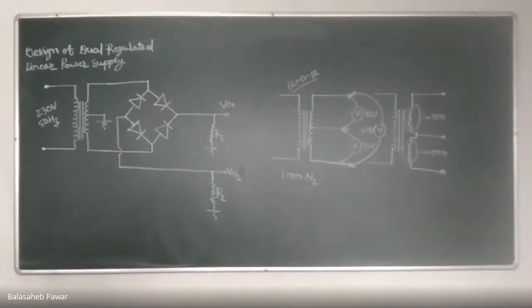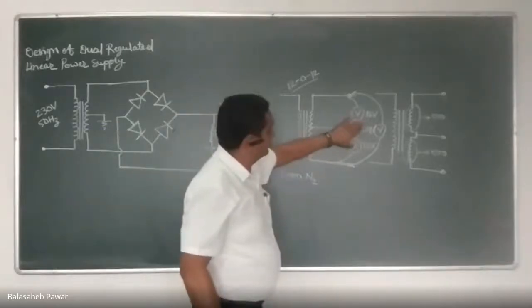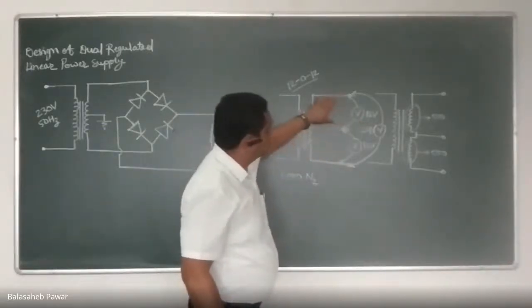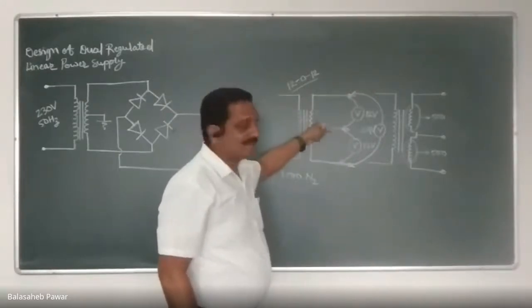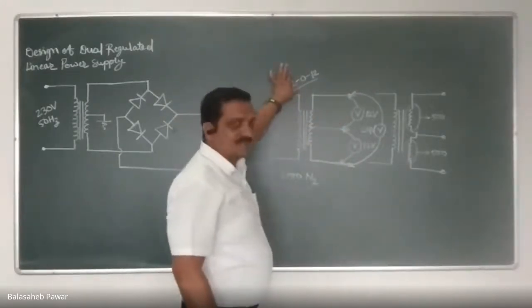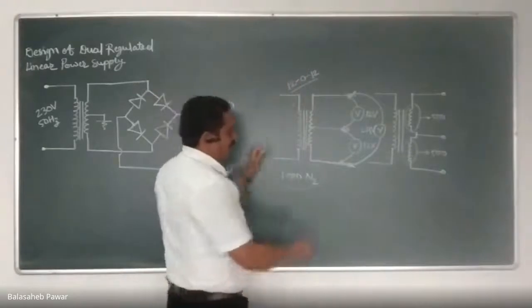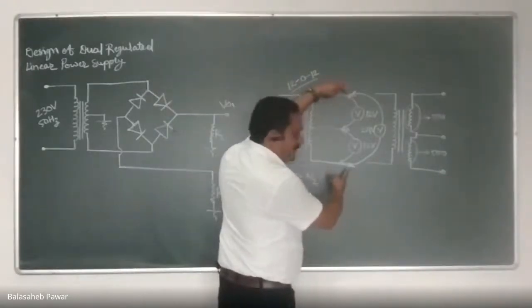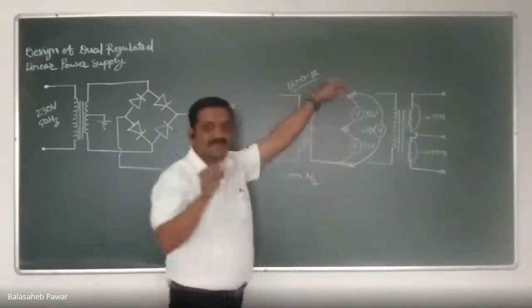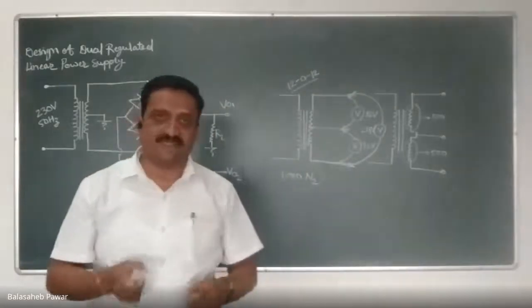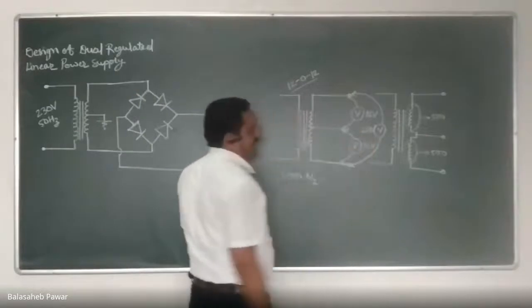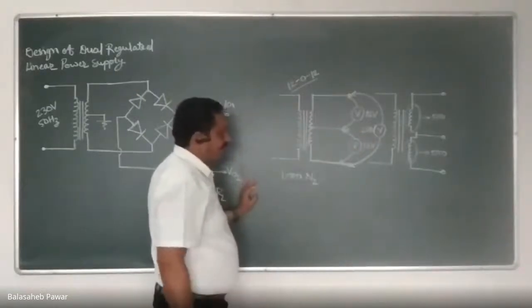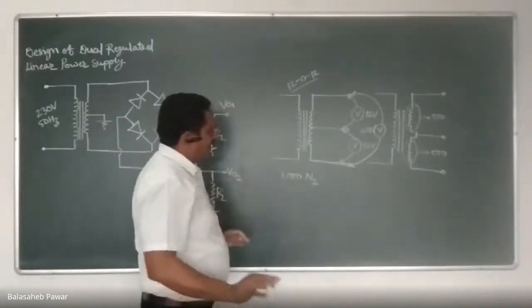Is it visible properly? Yes, sir. Whatever I showed for this center tap transformer, if the measurement is done at the outer terminal with respect to the center tap, then it will be 12 volt for this example, that is for the 12-0-12 transformer. If that measurement is done end to end by keeping the center tap terminal open circuit, remember this one, then the measured voltage will be 24 volt AC, right? Is it okay?